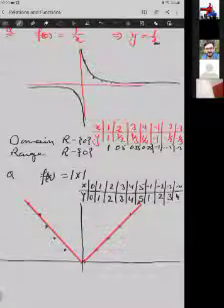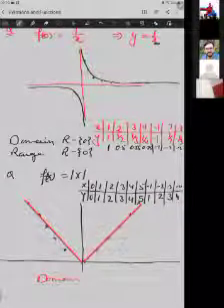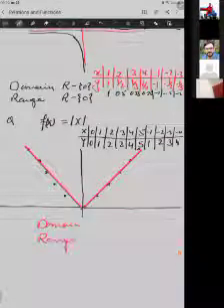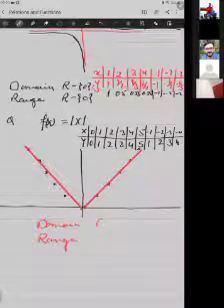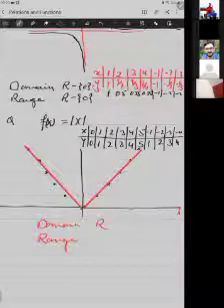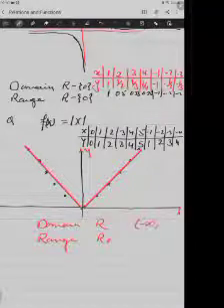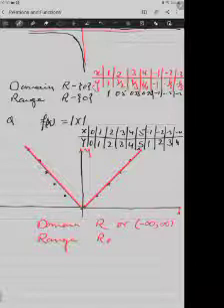f(x) equals mod x, the modulus function curve we have made. Now we are going to think about the domain and range. The domain is real numbers. Values of x are real numbers, any value we can put. But when we talk about the range, the range is always going towards the positive side of the y-axis. So real positive. In interval form, the domain will be minus infinity to infinity, and the range will be 0 to infinity.